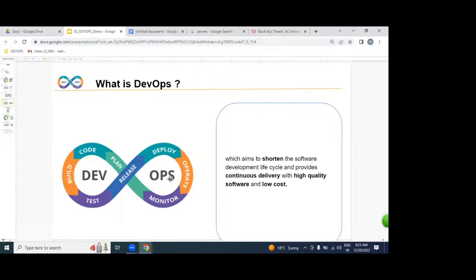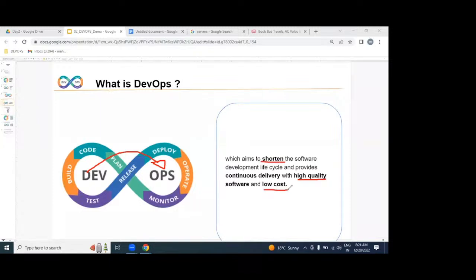But what exactly happens? Developers write software, lines of code, using Java, .NET, Python, or not? That code we are going to place from the dev environment to the production environment. While delivering working software from dev to production, make sure you deliver within the shortest time, with high quality, with low cost. That is DevOps.